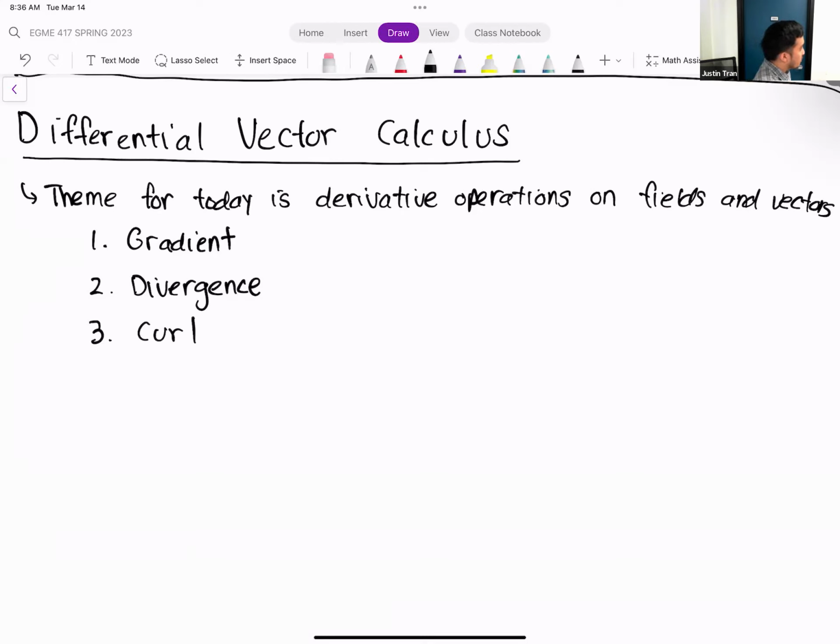So probably these are operators that you may have seen before in previous classes. Maybe a physics class, or I know some of you have taken fluid mechanics already, so you might have seen some of these in the Navier-Stokes equations. I remember when I first saw a lot of these operations, in my physics classes, I had no idea what they meant. The professor just put those operations on the board in this very long, complicated equation, and we were expected to know what they meant, but we didn't. And just like what I mentioned last week,